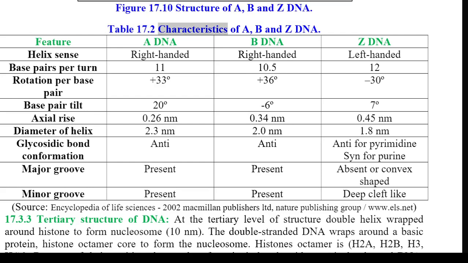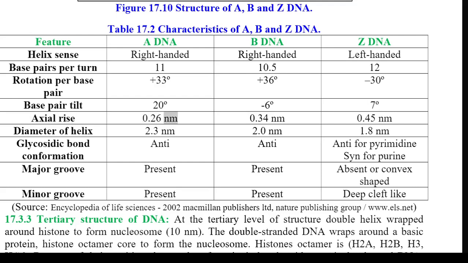Table 17.2 Characteristics of A, B and Z DNA. Feature: A DNA, B DNA, Z DNA. Helix sense: right-handed, right-handed, left-handed. Base pairs per turn: 11, 10.5, 12. Rotation per base pair: +3 degree, +3 degree, 30 degree. Base pair tilt: 20 degree, -6 degree, 7 degree. Axial rise: